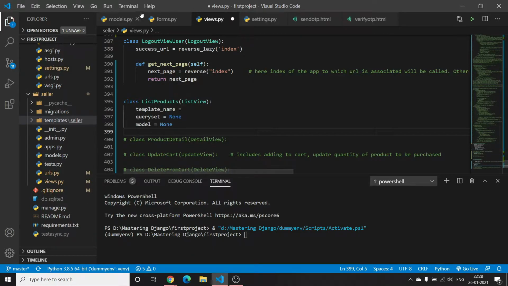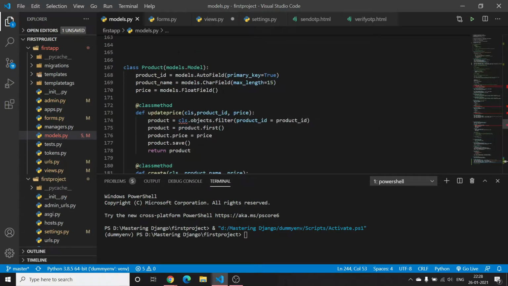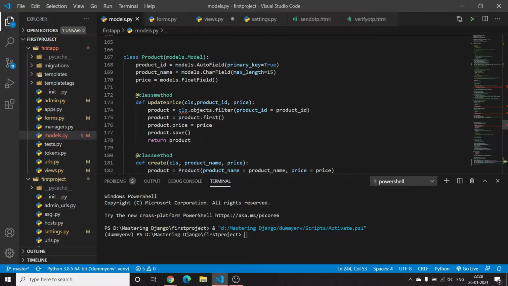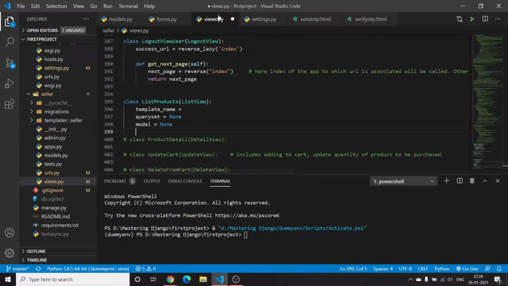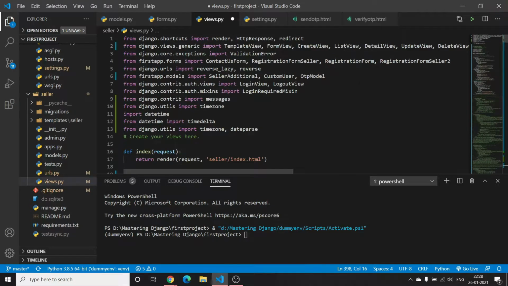Here we have made a model in the models.py file, and that is a product. So we want this product. In model I will write product, but we have not imported this product yet, so we will add it from first step.models import. Please don't focus on this OTP model because I will be showing this in another video.